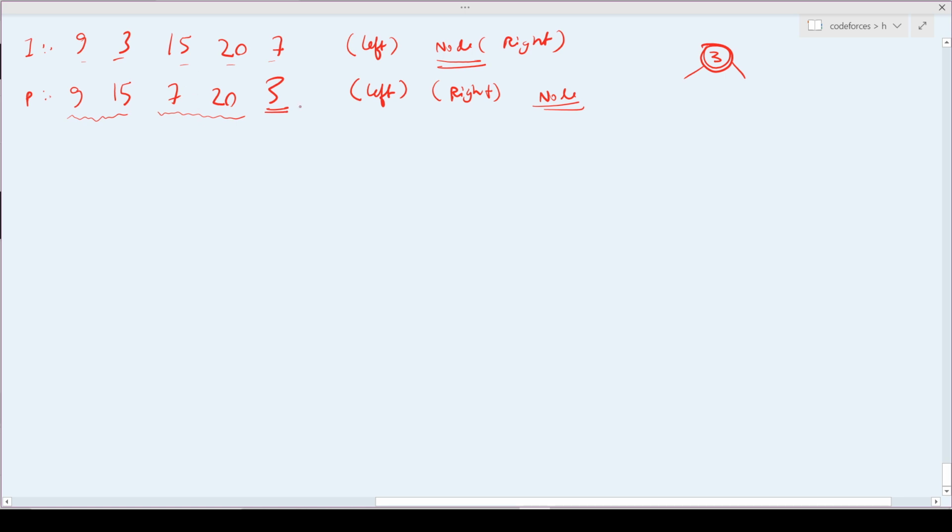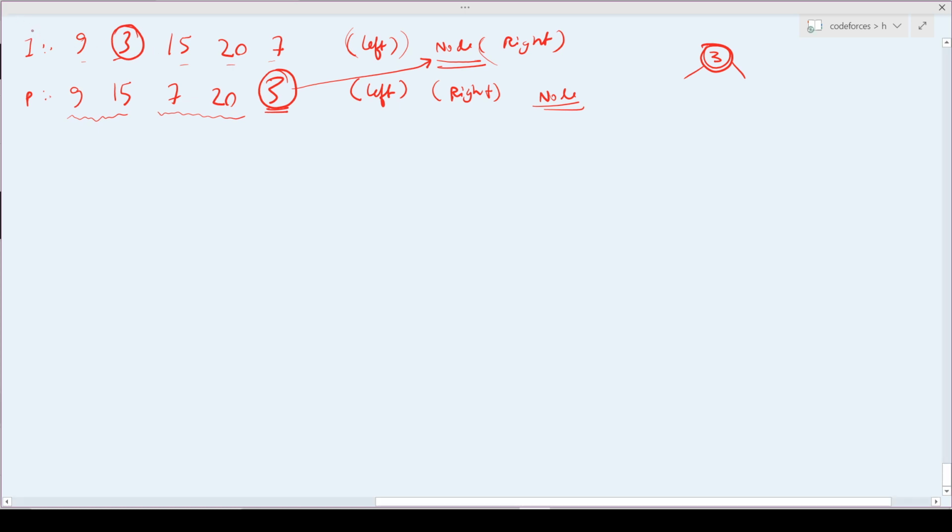So what I will do is, I know that my 3 was the root node, right? And if I see that root node, then everything on the left is left and everything on the right is right. So I will see what is the location of this 3 in my in-order.